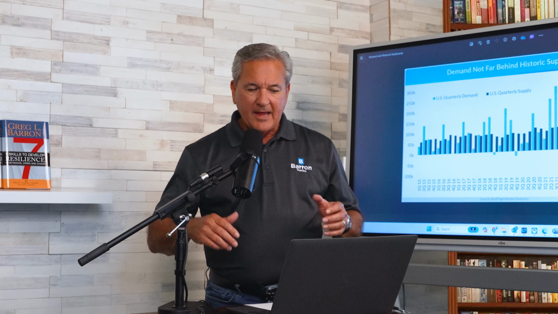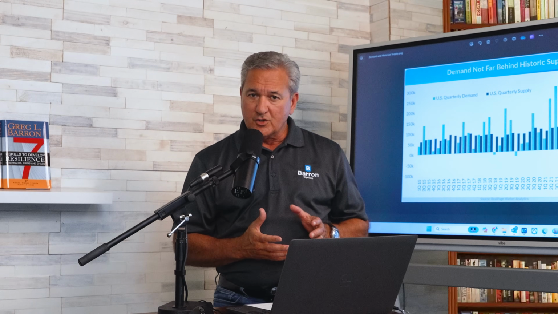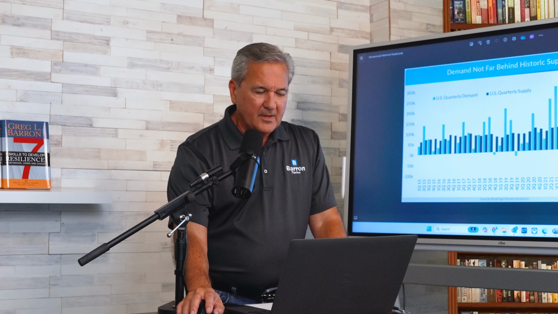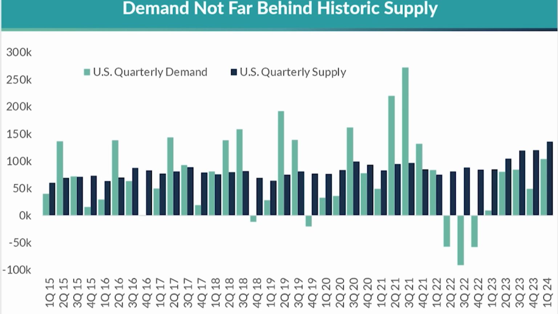So the next chart I'm going to show you is really to show you that the historic demand and the historic supply usually flows pretty much in alignment with each other. So let's pop into that just a second, and I'll show you. The light teal color is the U.S. quarterly demand, and the black is the U.S. quarterly supply. So you can see these variations that are shown, and I'll draw your attention to Q1 in 2021,